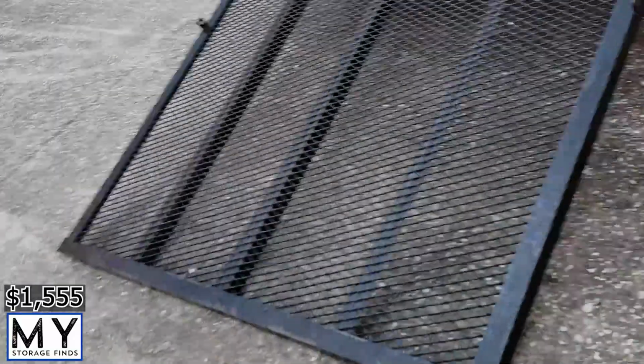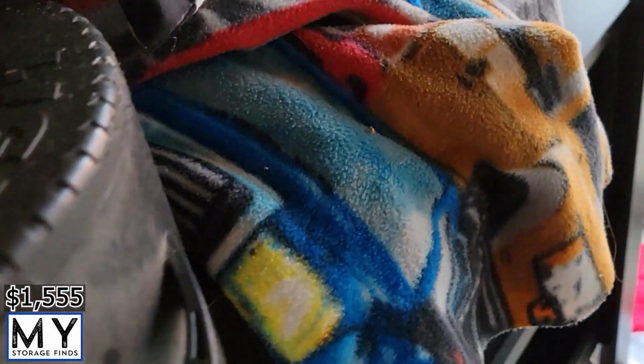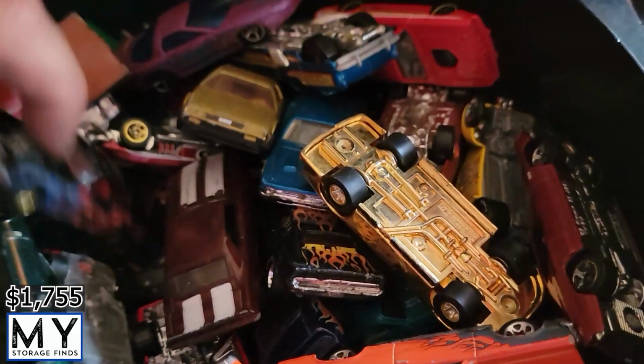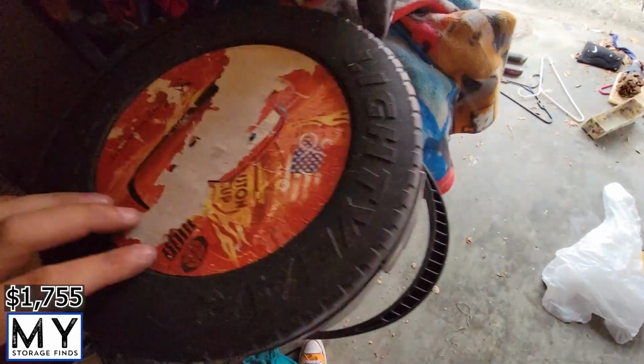We've got some kind of decorative wall sconce. I have no idea. We'll put that on the truck, trailer, whatever. I'm tired. Long day. Let me check that out. How beautiful is that? Welcome to Florida, definitely the land of the wet. All right, so in here we've got this. Bring it around. Looks like a Lightyear kids thing, full of more Hot Wheels, dude. I think we're gonna end up calling this the Hot Wheel unit. I mean, look at that. Some really nice ones in here. So I'm gonna put that